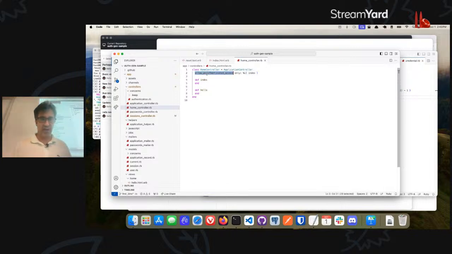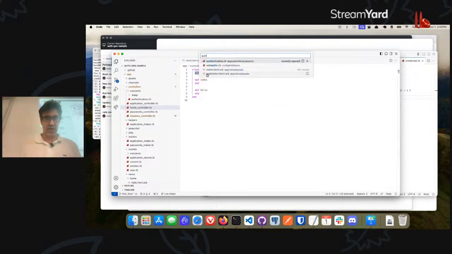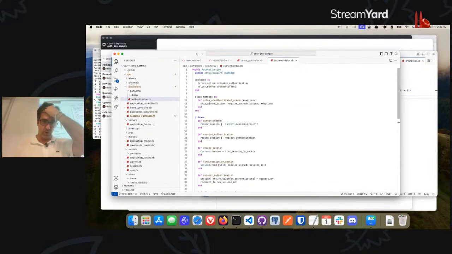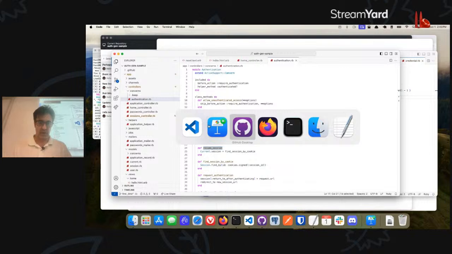So when you do that, if you look at the authentication concern, when you allow unauthenticated access, you actually skip require authentication. So require authentication does two things: either finds a session for you or requests authentication. But this is what is missing, right? So if you look at my commit change here,